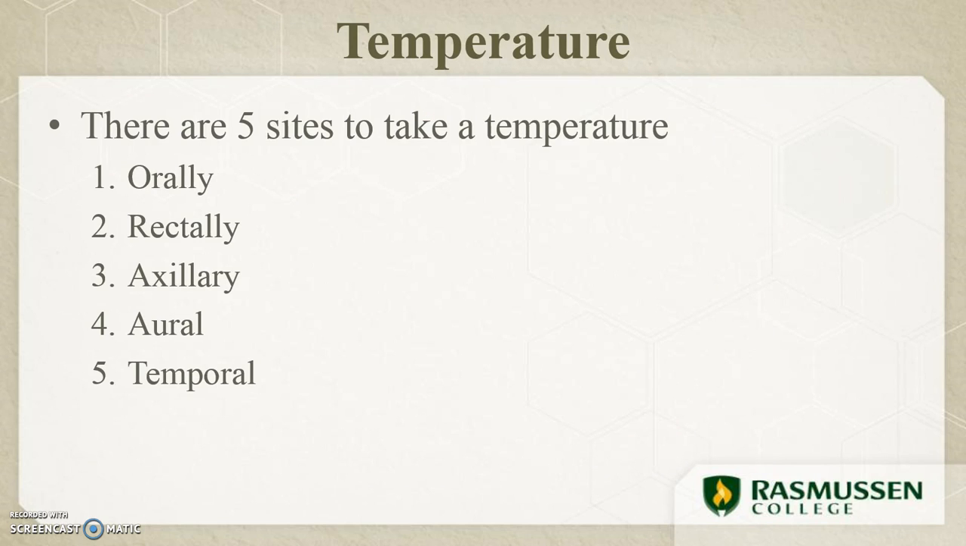Next, we have your temperature. A normal body temperature is 98.6 degrees Fahrenheit, and generally, it is always recorded in Fahrenheit. There are 5 sites where a temperature can be taken. Those are oral, rectal, axillary or under the arm, aural, which is in the ear, and temporal, which is across